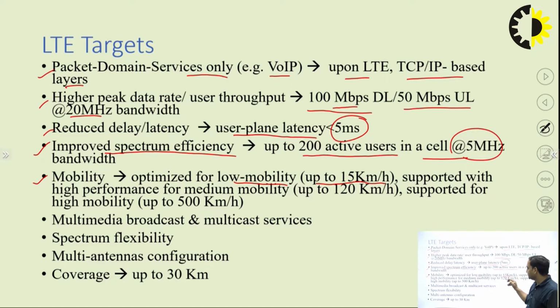So this is the mobility speed of any vehicle or the subscriber, through which we have to optimize the networks, right? Second, it is supported with high performance for medium mobility. Medium mobility is expected at about 120 kilometers per hour, and it must support high mobility systems, which is 500 kilometers per hour. So these are some mobility scenarios which we have to take care of when we are talking about the LTE